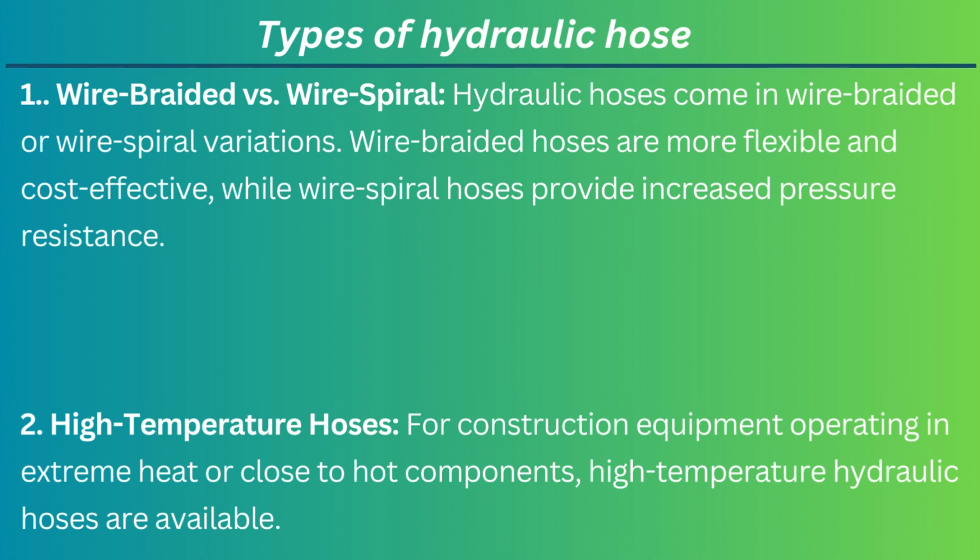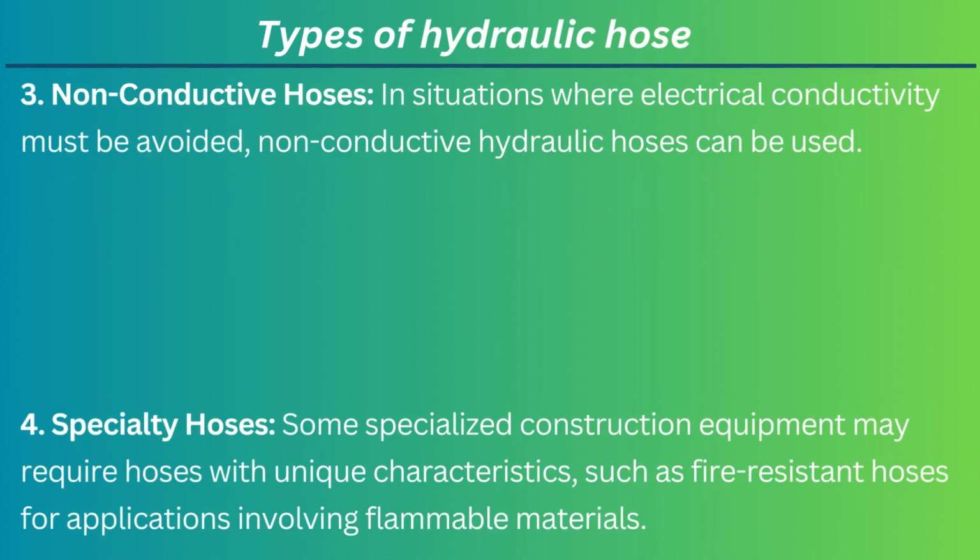2. High temperature hoses. For construction equipment operating in extreme heat or close to hot components, high temperature hydraulic hoses are available. 3. Non-conductive hoses. In situations where electrical conductivity must be avoided, non-conductive hydraulic hoses can be used. 4. Specialty hoses. Some specialized construction equipment may require hoses with unique characteristics, such as fire-resistant hoses for applications involving